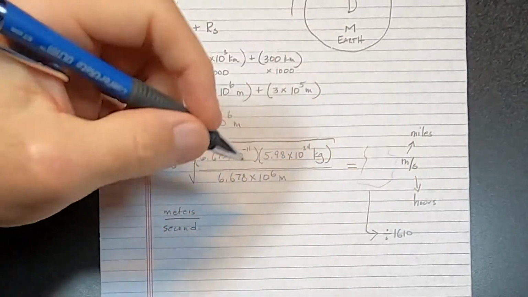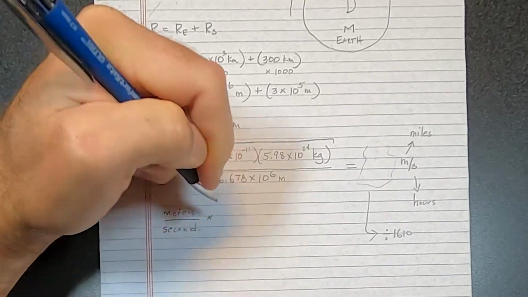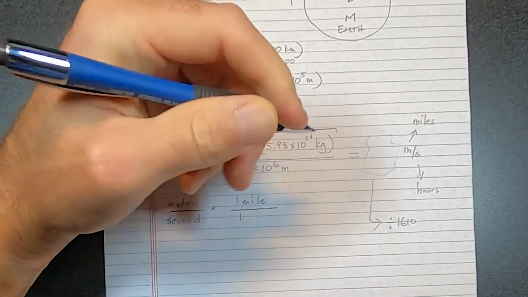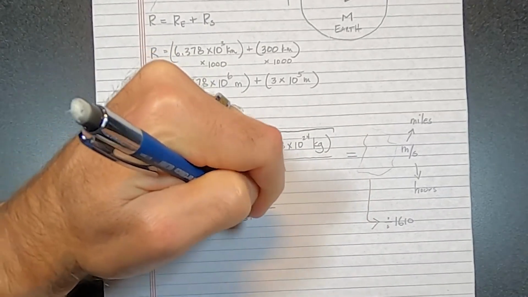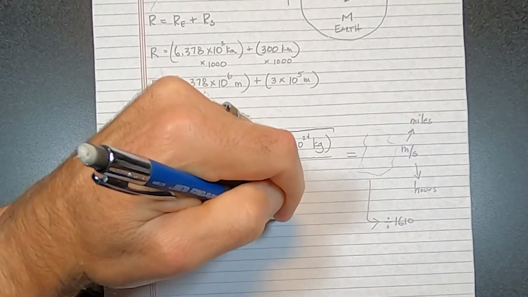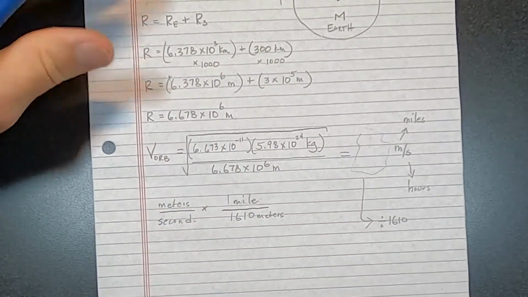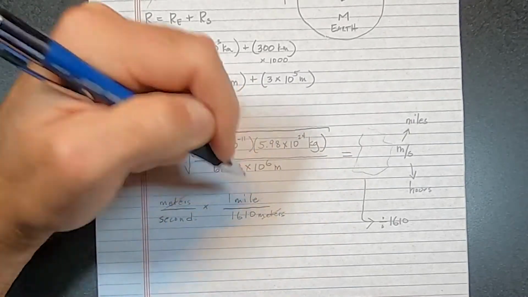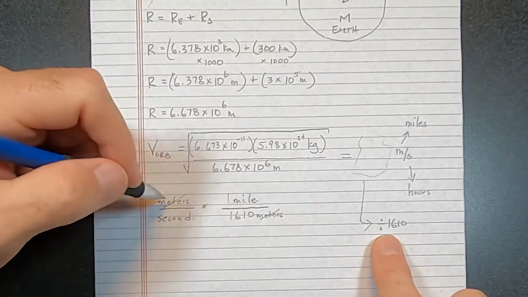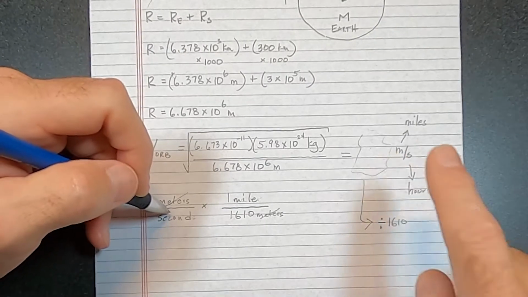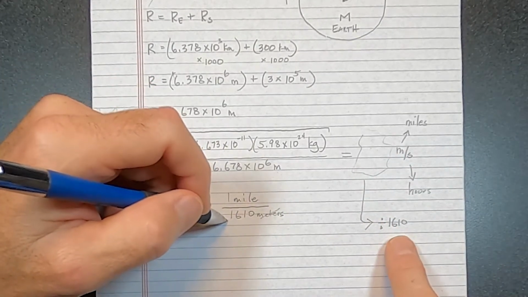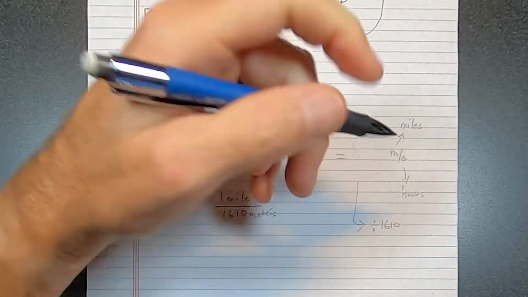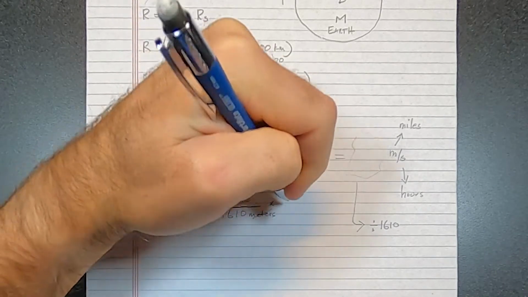And so meters, so it's 1 mile per 1,610 meters. Okay, so I'm going to write it this way because we want meters to go away and we want the answer to be in miles. So notice that's essentially taking this answer and dividing it by 1,610. And then to get seconds into hours, remember there are 60